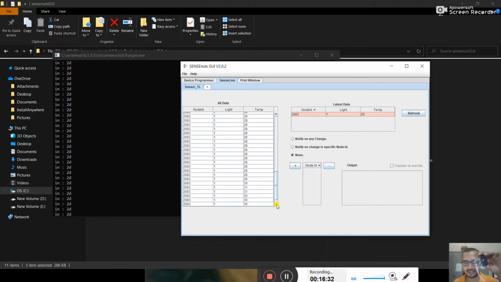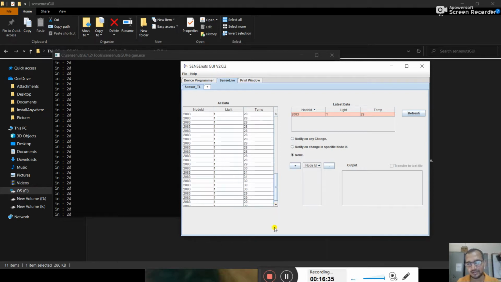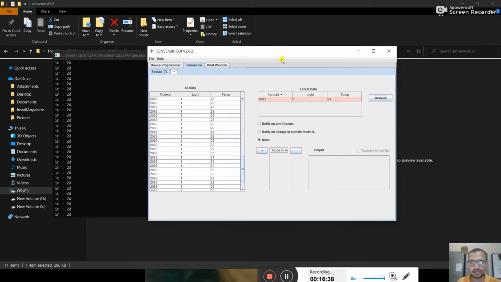So this is hardware interfacing of SenseNet. If you have any problem, you can contact me, and you can call me on my number also. Thank you for this experiment. We will see you next time. I suggest that you download this GUI on your computer and try to implement this experiment virtually, at least open the things and see what is happening, and try to code yourself to see what is happening in your SenseNet environment. Thank you for this experiment.